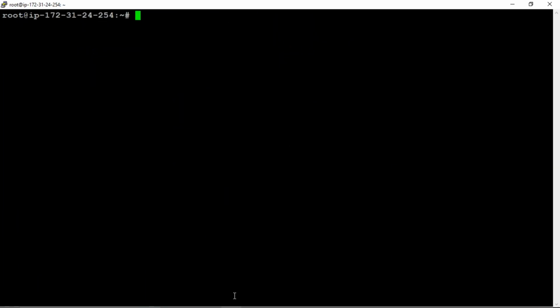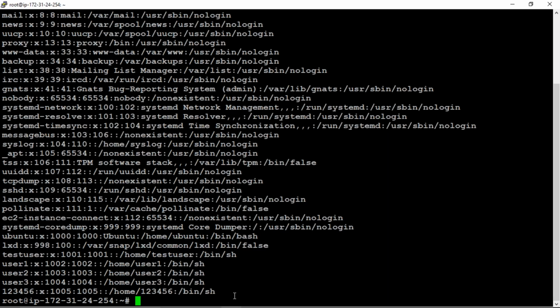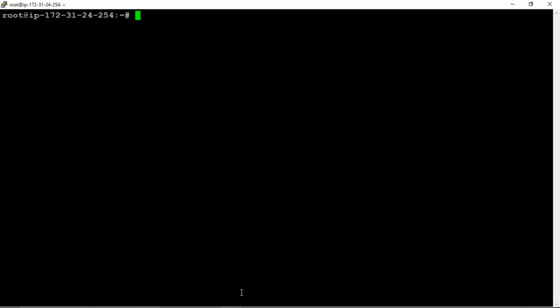Clear. Now use cat /etc/passwd. Is that user created? Still it's not created. The code is fine, so I'm not getting that error. Did anyone try? Jayvardhan Reddy got it, yes. The code is fine, so it's not a problem with the code.